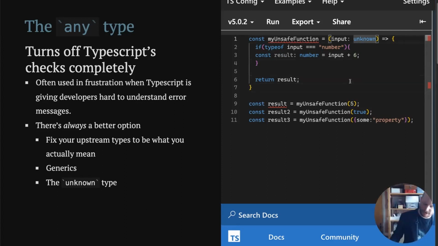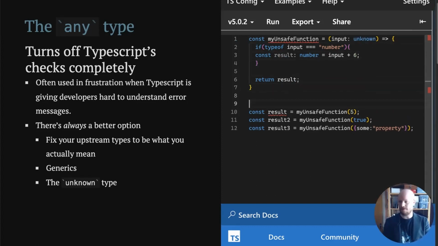And unknown is a good type to use when you're dealing with the edges of your code. If you're calling a third-party API and you get back something, you really don't know what it is. So the technically correct way is to type that as unknown. Let's say you do a fetch from an API, then result. Then you can type this as unknown.